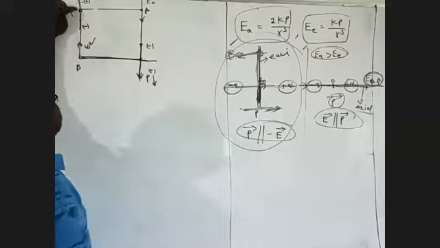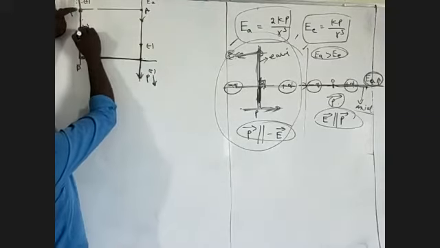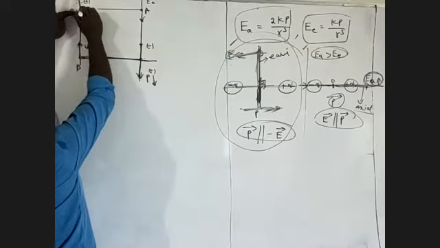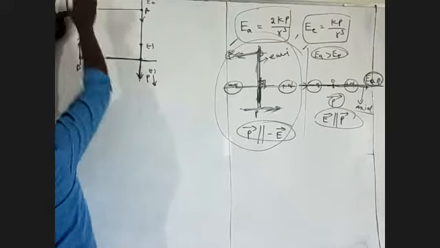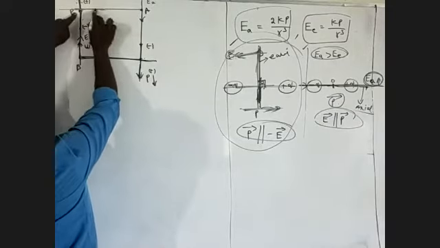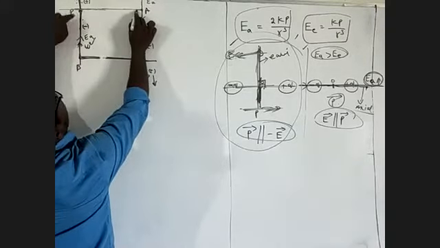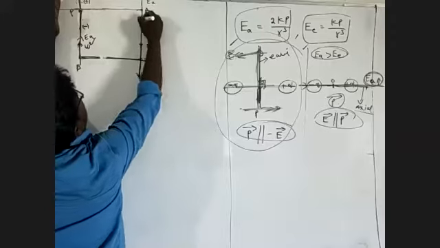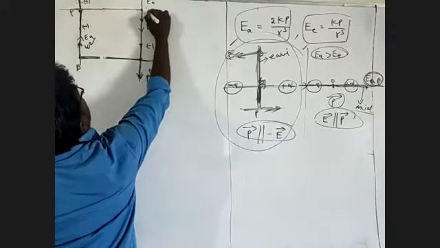Now at this point, one straight line passes through the negative charge, center of dipole, and positive charge. Another straight line passes through the center of the dipole. This line is perpendicular to this axis. So P bar is in the upward direction, which means E is in the downward direction.